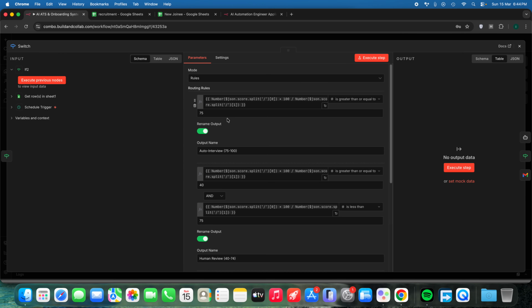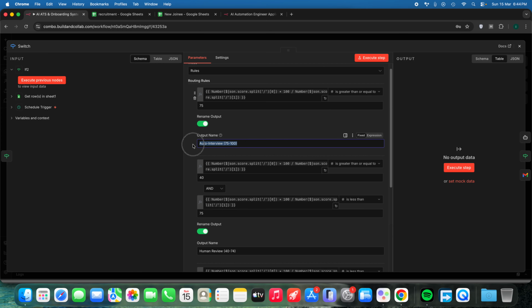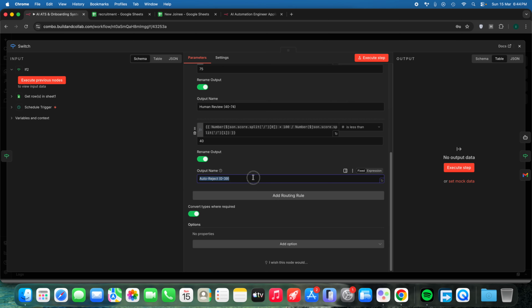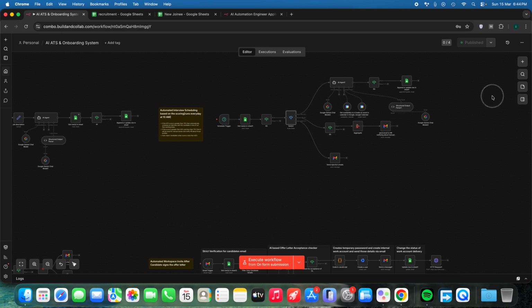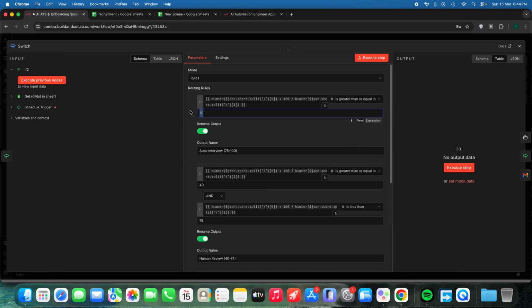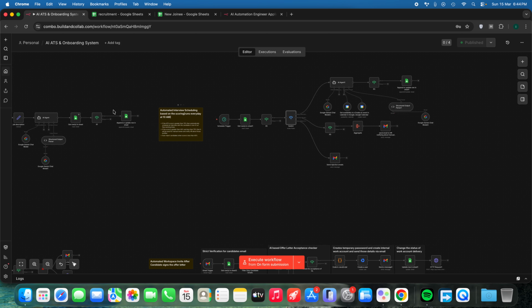There are three cases out here. So based on these three cases, we will decide whether this candidate should be allowed for an automated interview creation, or this particular candidate's profile needs a human review by HR, or simply auto reject this particular candidate. And the whole case scenarios will be done based on the relevancy score, which we generate